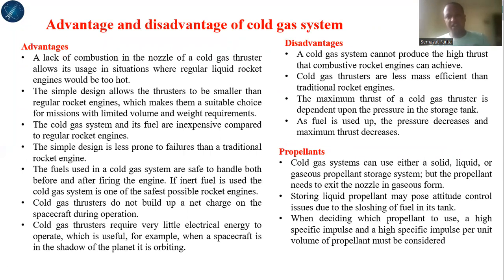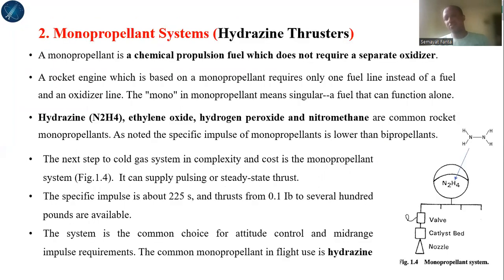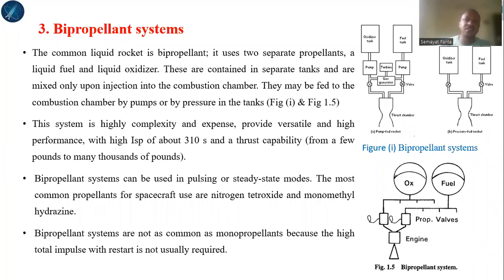Advantages and disadvantages of the cold gas system and monopropellant system. What is monopropellant? Just using a simple hydrazine and decomposing the hydrazine propellant, the propulsion will take place. But it is with less thrust and less specific impulse. That is the disadvantage of the monopropellant system. And the bipropellant system, which consists of two liquids like liquid oxygen and liquid hydrogen. Okay, so that system consists of two,